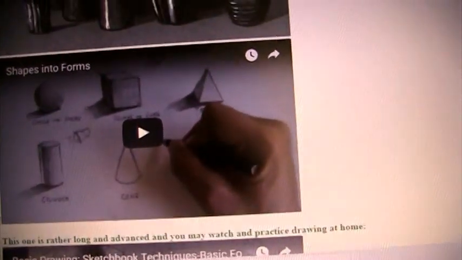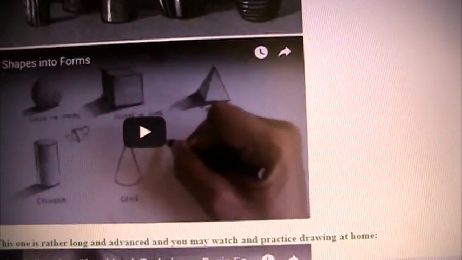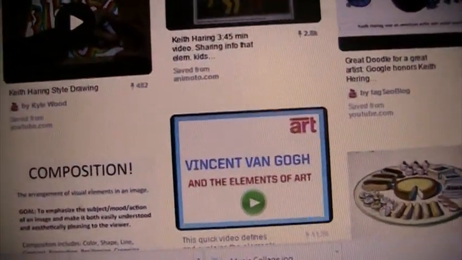And I want you to watch them in their entirety and then draw those on a plain white piece of paper with your name and be ready to turn those in. So just the sphere and the cube. Make sure you know what a cast shadow is. Okay? And then you're going to go to our Pinterest page and you're going to look for Unit 2,